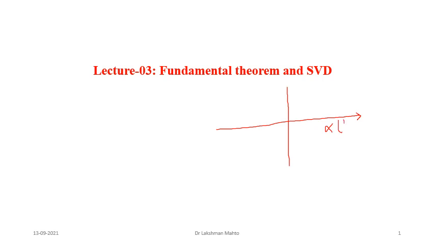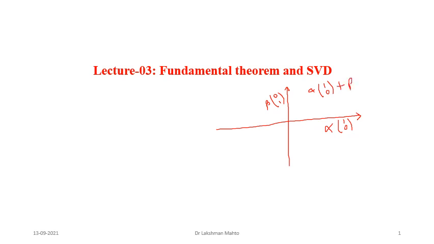From the basis perspective, a basis is giving a compact representation of the plane, and this one is the y axis, which is a scalar multiple of (0, 1). So in R2 we have two basis vectors, and all linear combinations, that means alpha times (1, 0) plus beta times (0, 1), span the complete R2 space.